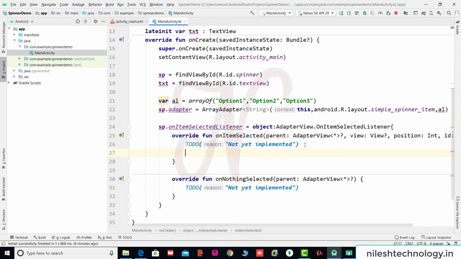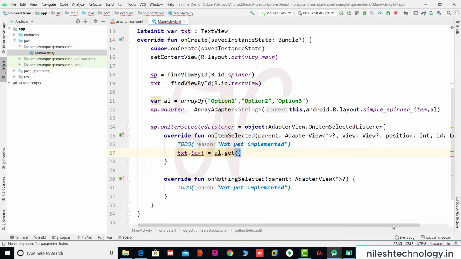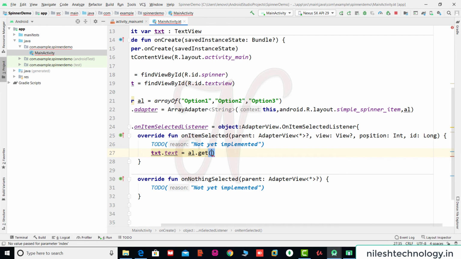Add code here. For example, txt.text is equal to, this is your array list, use the get function and pass here the index of the item selected in the spinner. See here there are the parameters. This is the view object and this is the position. This position starts from the 0 index, so 0, 1, 2, 3 like an array.